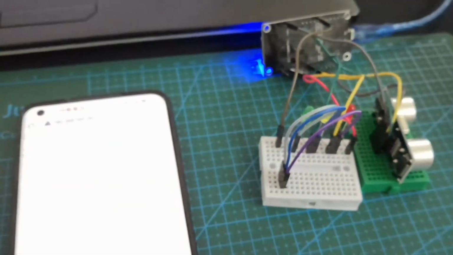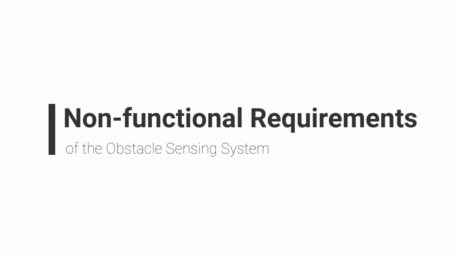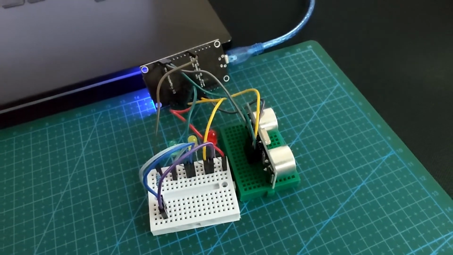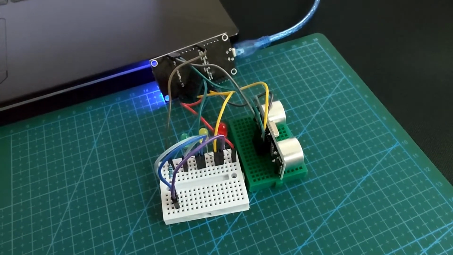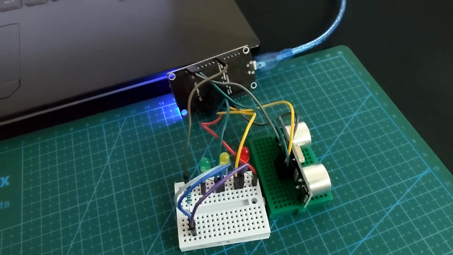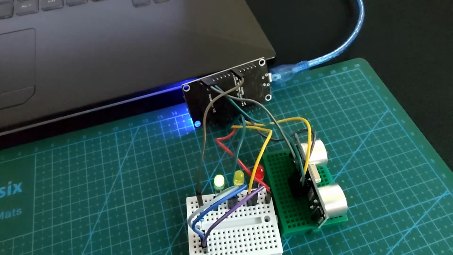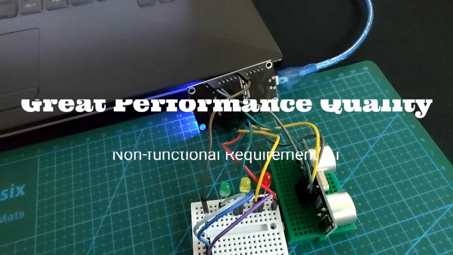So let's move on to the non-functional requirements. Right, so now let's talk about the non-functional requirements of this obstacle sensing system. First of all, this system definitely has the non-functional requirement of great performance quality.